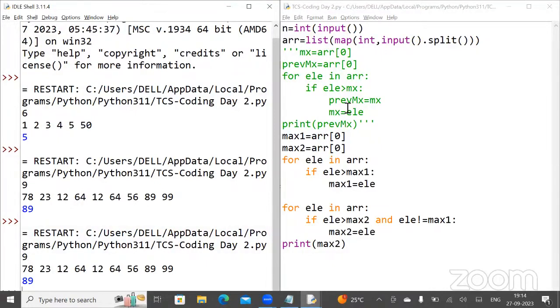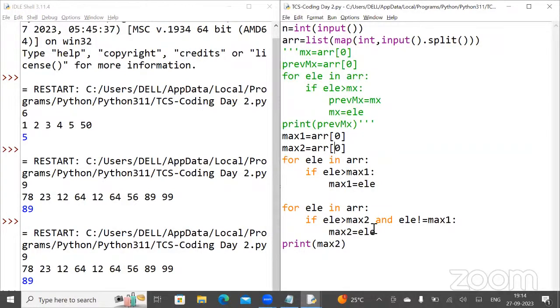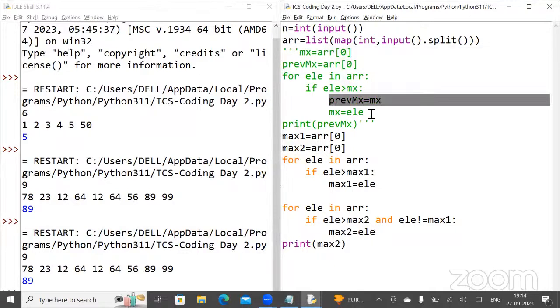So you have two different approaches to solve this question, without using any inbuilt methods. You can set it to the previous maximum and update that value, which runs in order of n, or you can use two for loops to find the second maximum value. Okay, for this logic, let us say I have to find the third maximum. So I have to take a reference for this logic with three variables, and I have to update them with the three variable values.